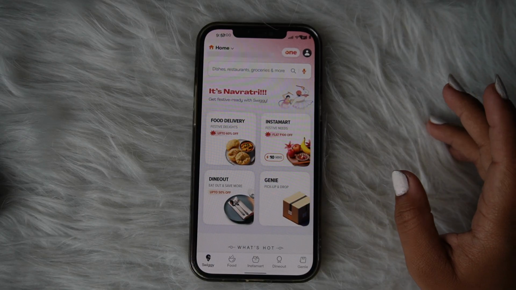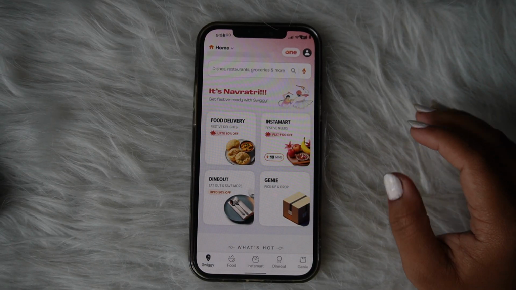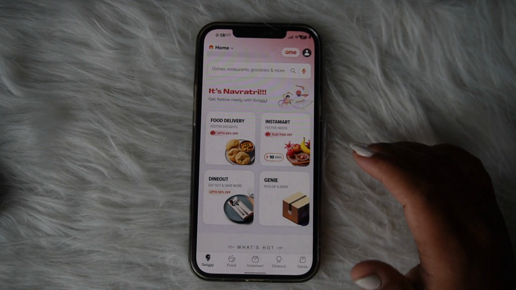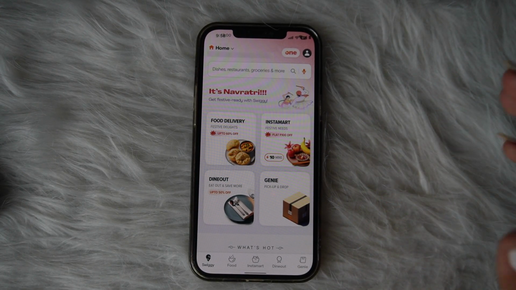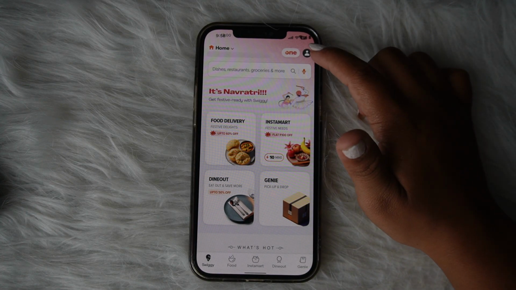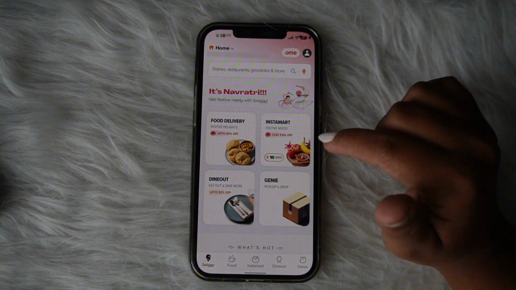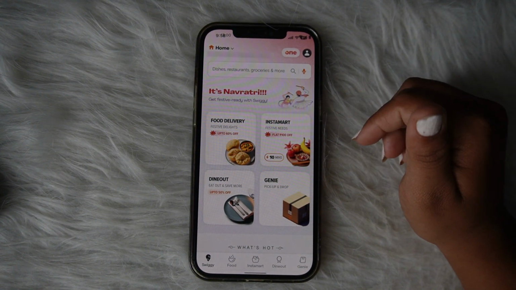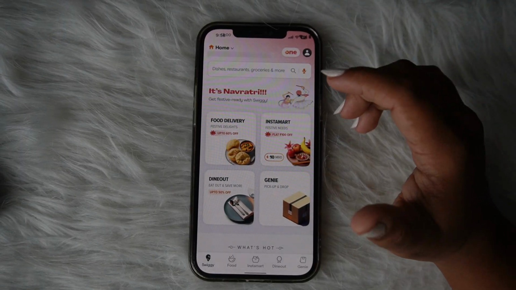Here, the very first thing that you actually need to do is simply open your Swiggy application, and then from here, what we're gonna do is simply open the active order in order to track your order, right? So for that, you can tap on your profile icon on the top right, from where you'll be able to see your order list, and then from there, tap on your active order in order to see that or